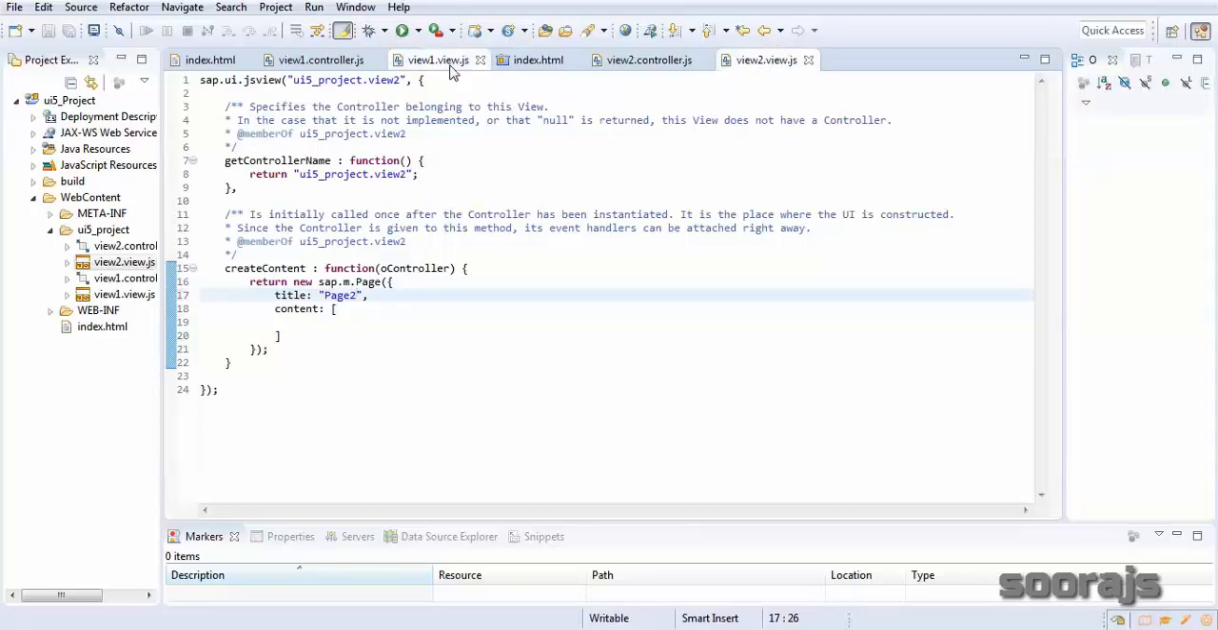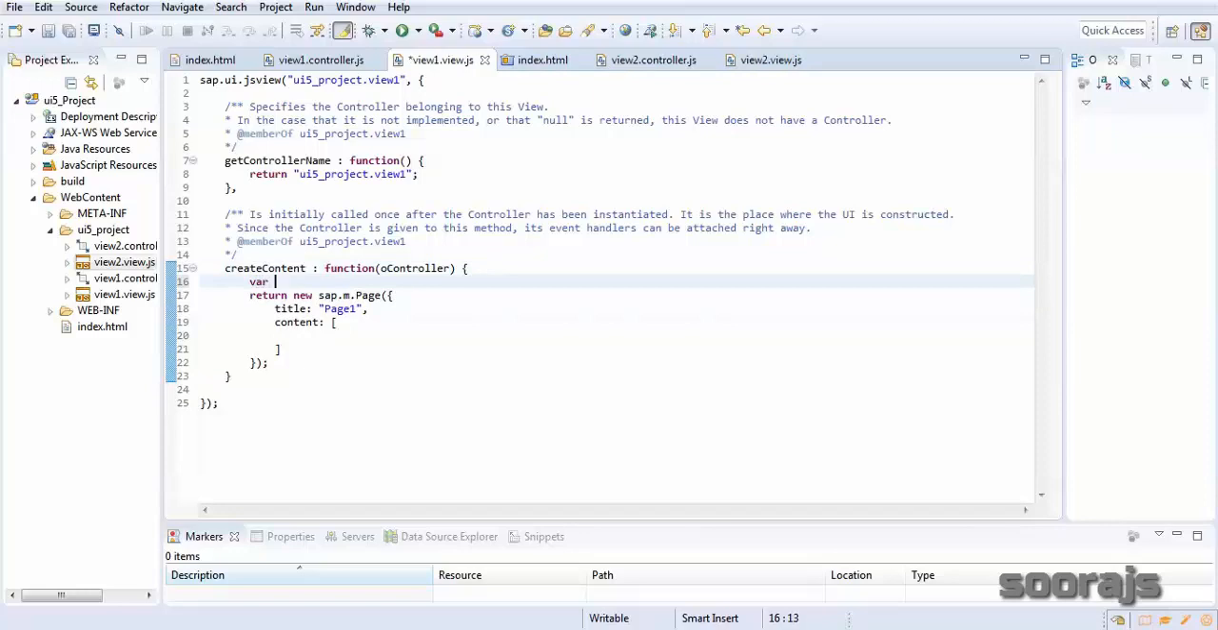and I'll come back to view 1, and what I'm going to do is place a button in this view. For that I'll create an object of a button called oButton. I'm going to use the sap.m library here, new sap.m.Button, which creates a button for you, and the button object is stored in oButton. Now I'll give an ID for the button, in this case button1, and then comma, and then you have to give a text for the button,